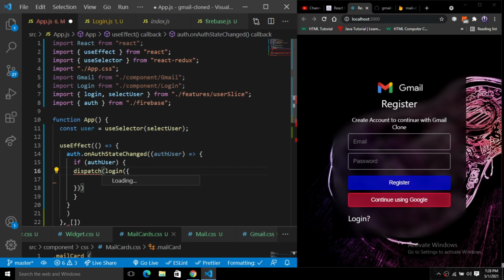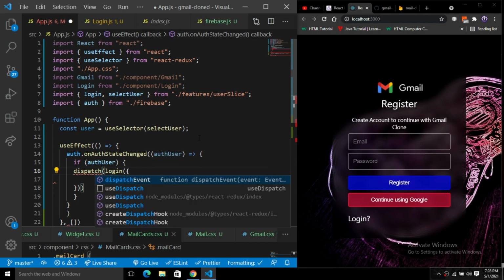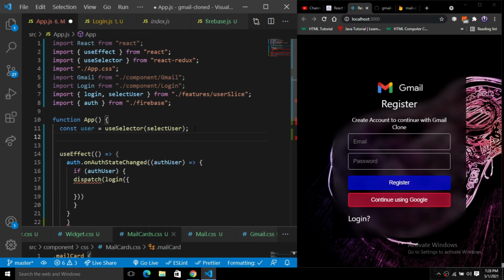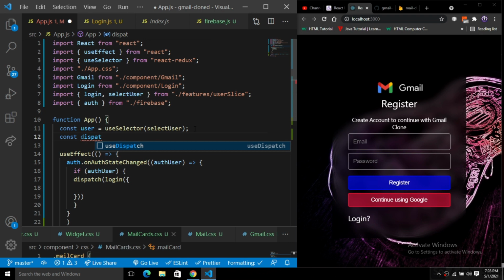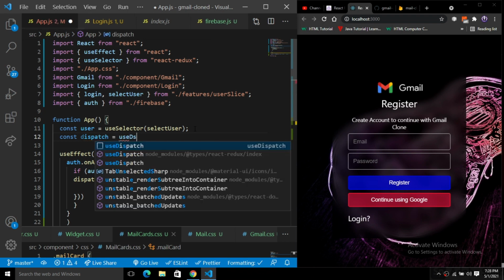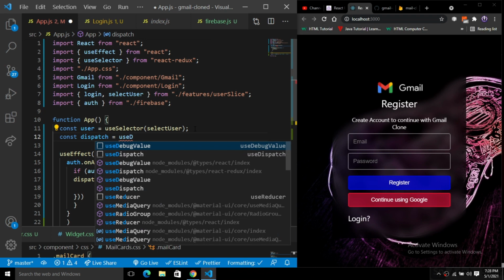Just import the dispatch. Here you have to simply create an object for the dispatch, so that will be useDispatch. So we have this dispatch here, and useDispatch, just import it from React Redux.